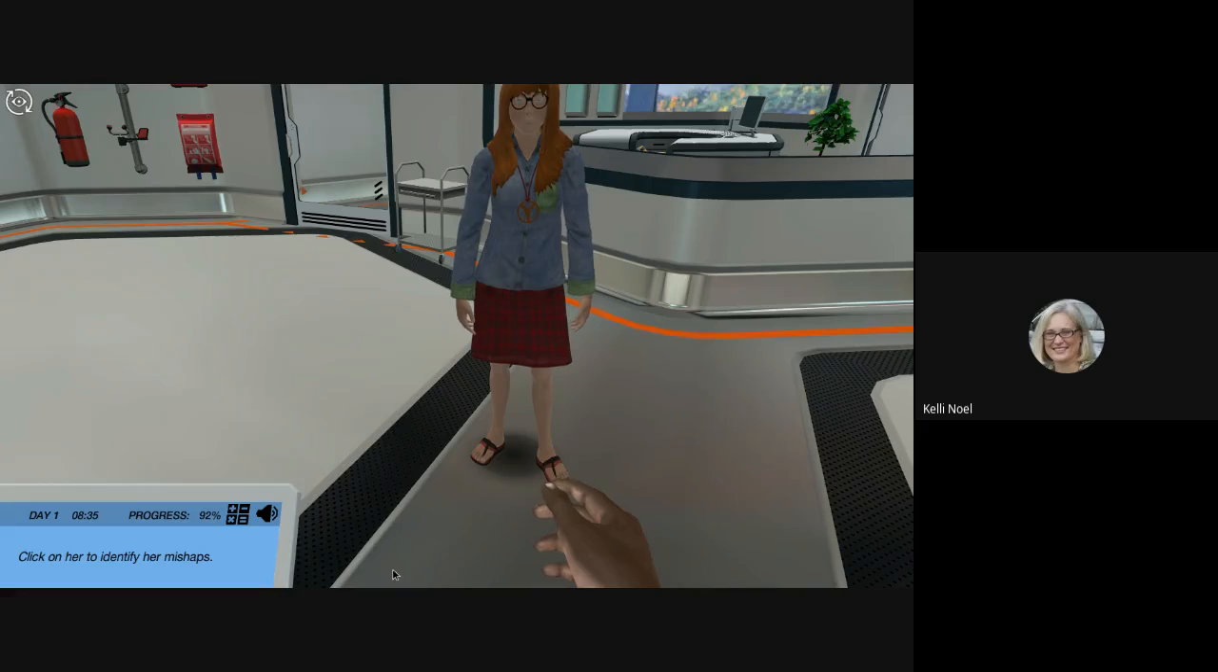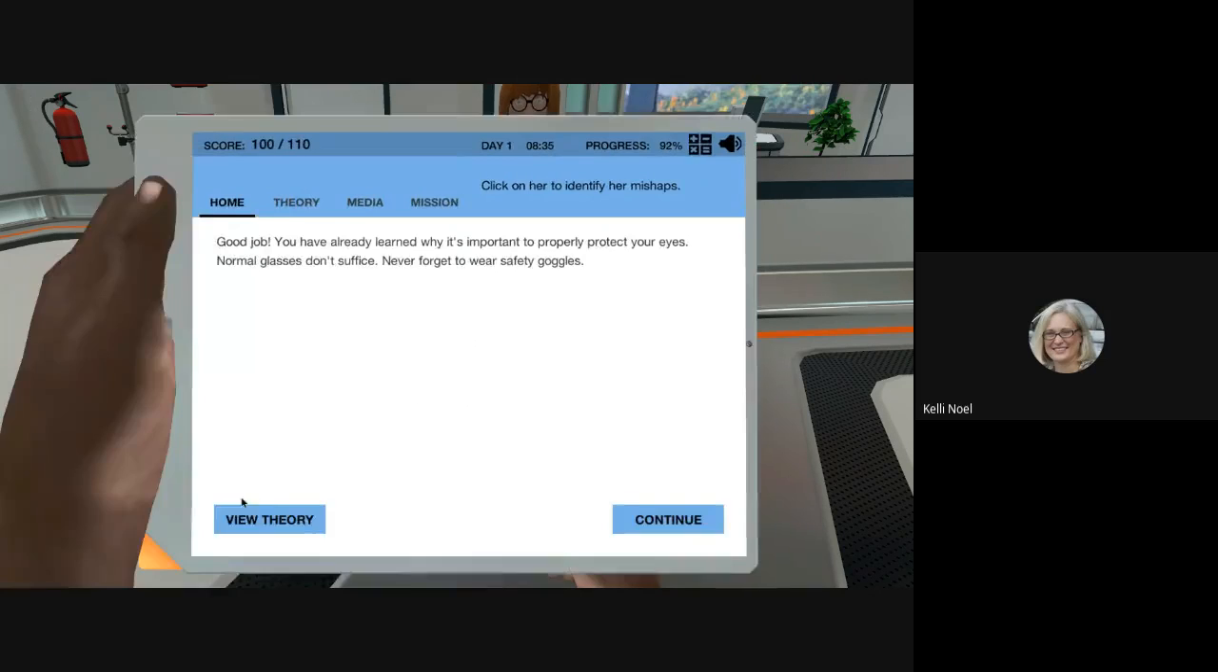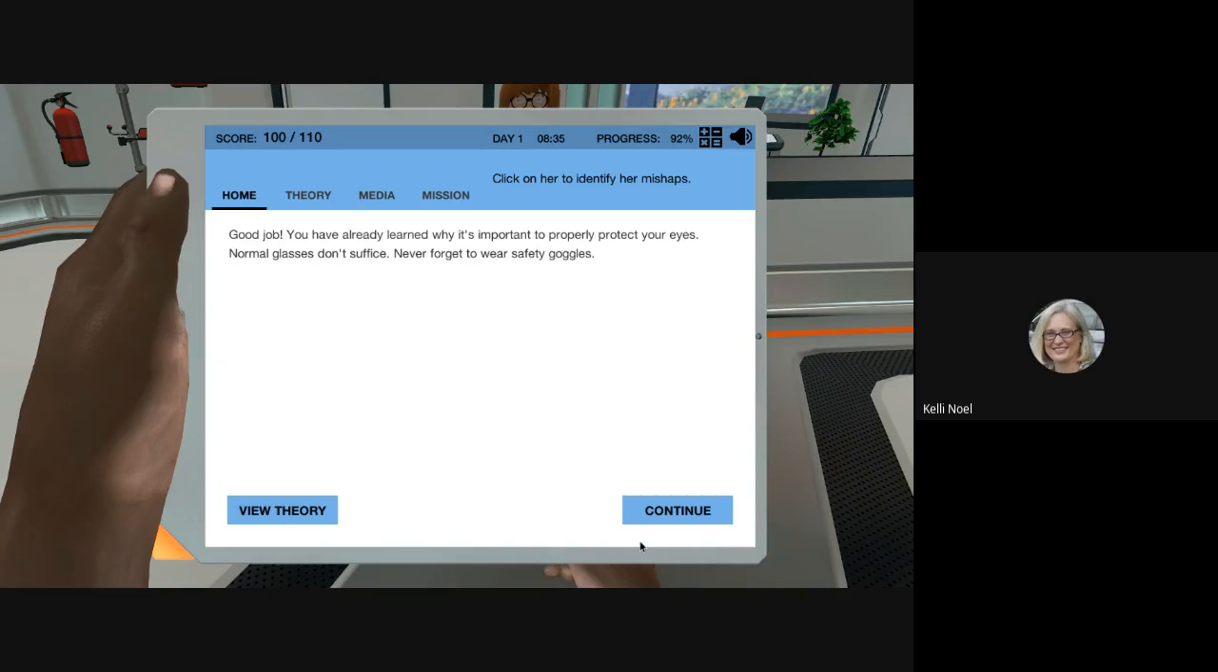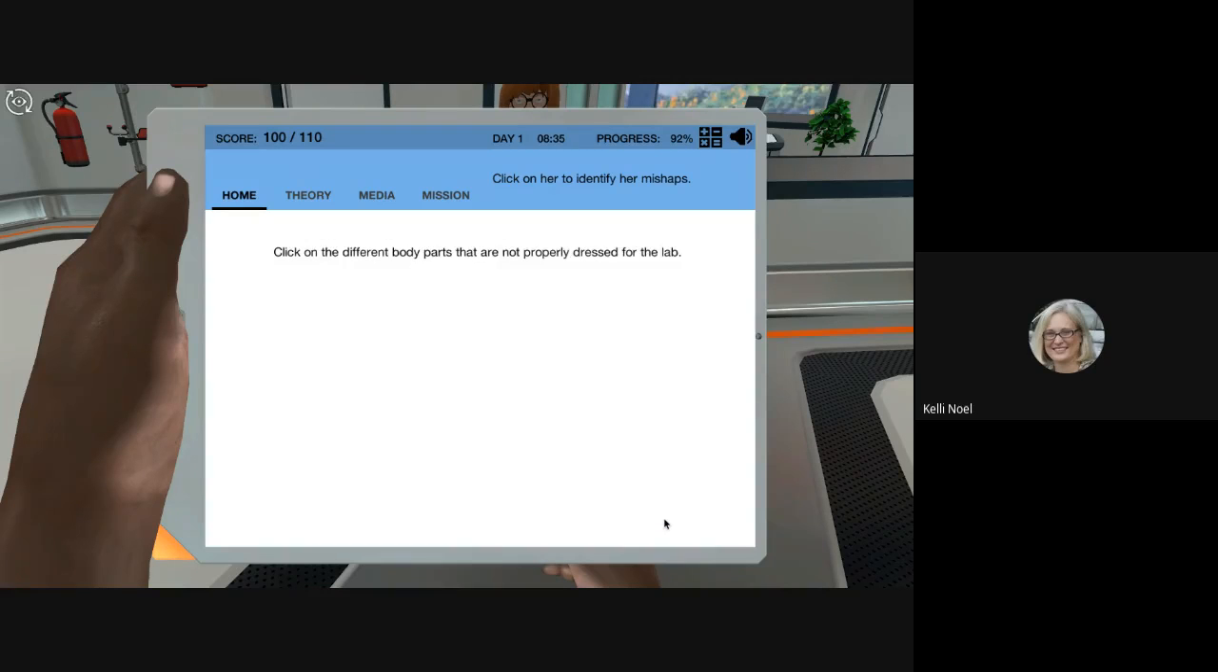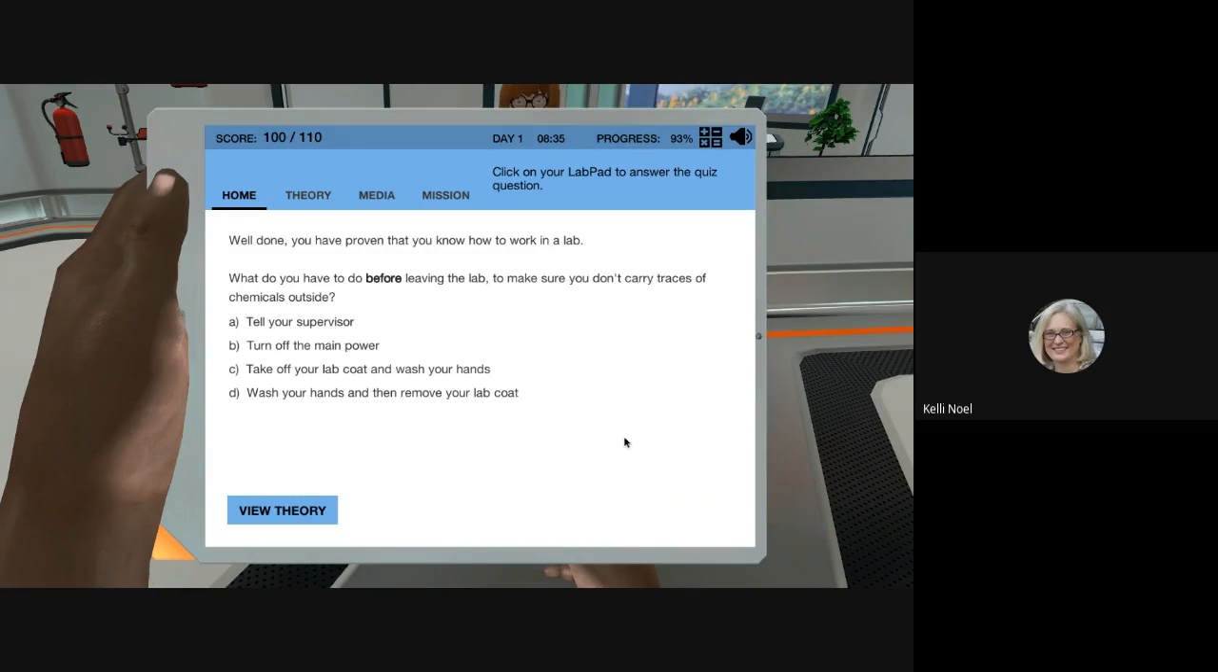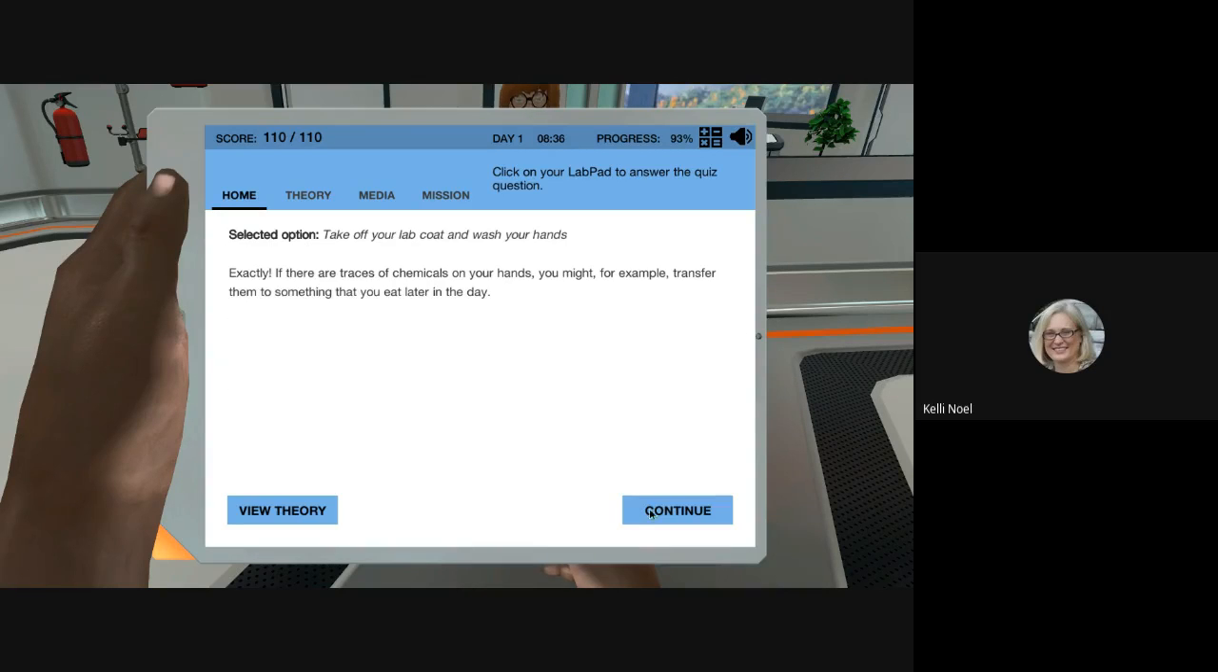Good job. You have already learned why it's important to properly protect your eyes. Normal glasses don't suffice. Never forget to wear safety goggles. Well done. You have proven that you know how to work in a lab. What do you have to do before leaving the lab to make sure you don't carry traces of chemicals outside? All right, you should narrow it down to C and D, and you would want to take your lab coat off first. If there are traces of chemicals,